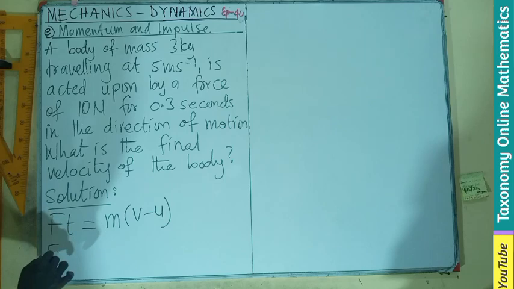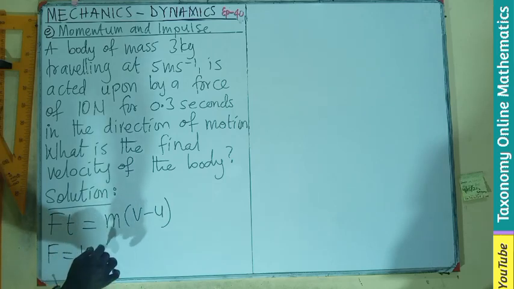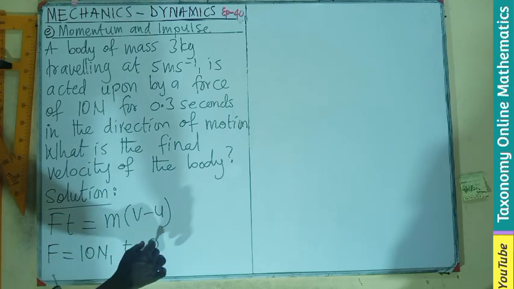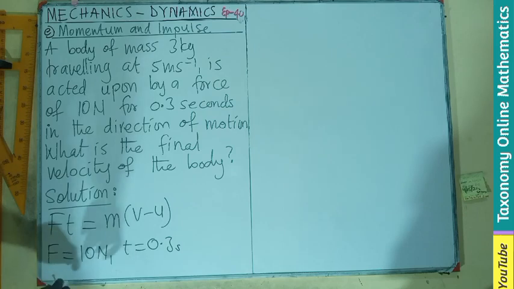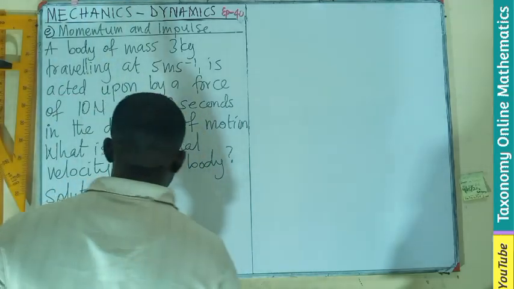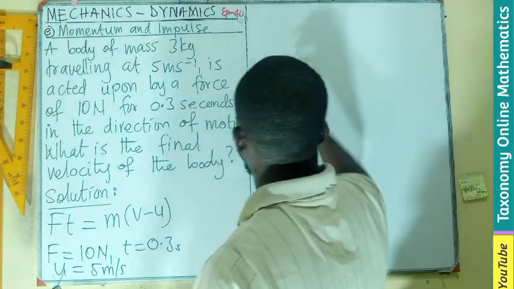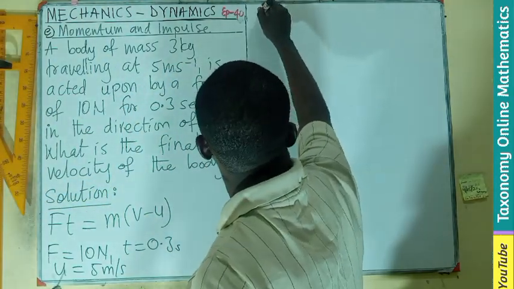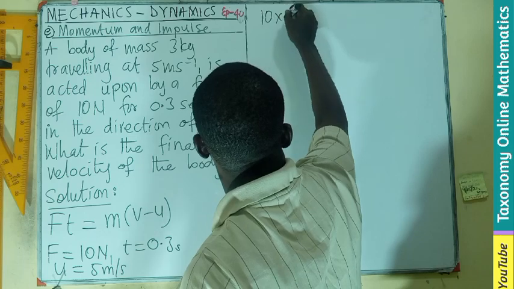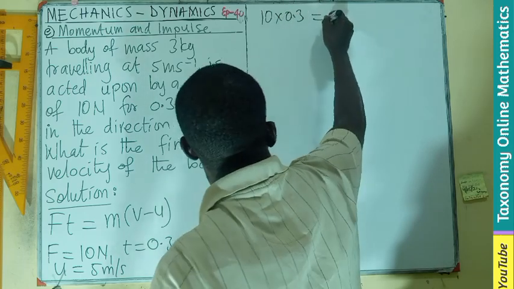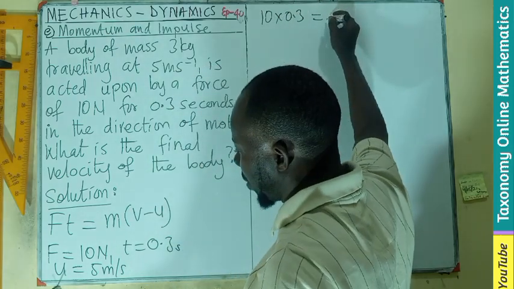From here, we know the force is 10 Newton, the time is 0.3 seconds, and we also know the initial velocity of 5 meters per second. So we just substitute and get the impulse as 10 times 0.3 equals the mass of the body